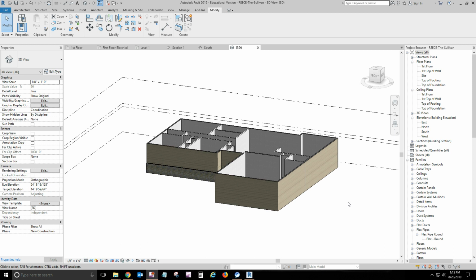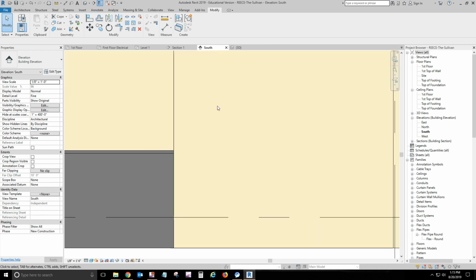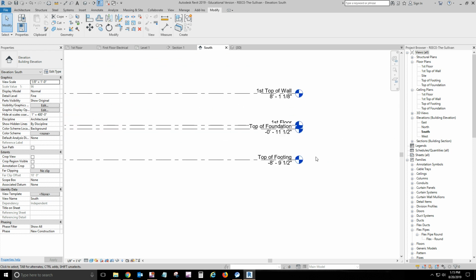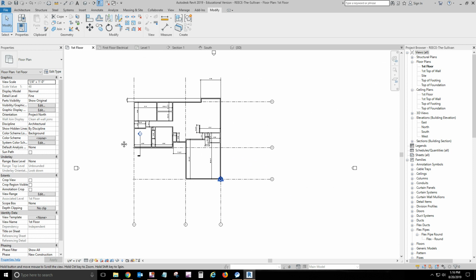All right, so this video, I want to get you set up and get you started with your first floor walls. So set up your levels, and you get these dimensions here off of the front elevation, sheet number one. So you can edit the existing levels and then create some new ones, and we'll have more later, but this is what we're going to start with. Okay, so you want to create your levels. And then on your floor plan,